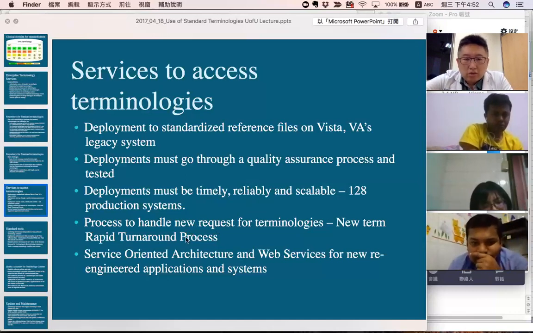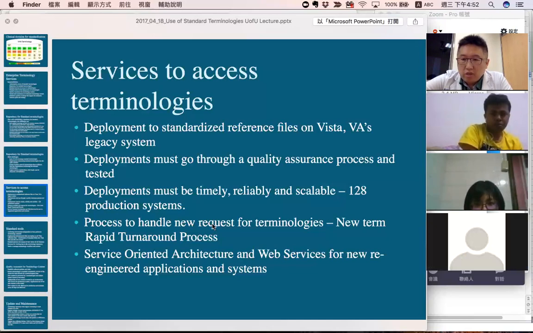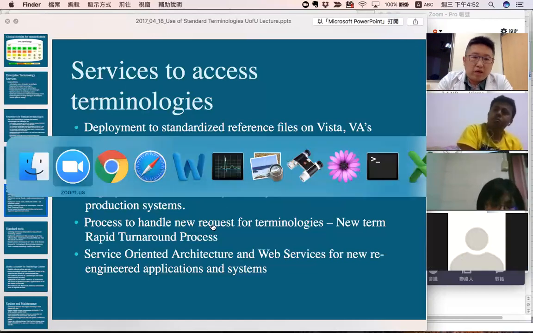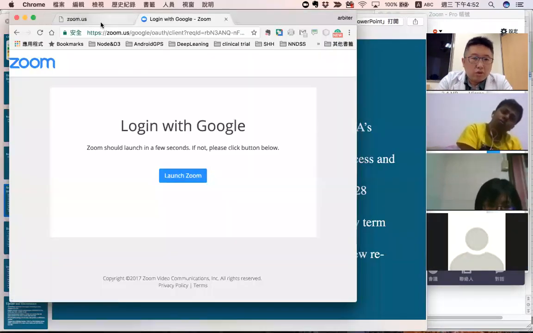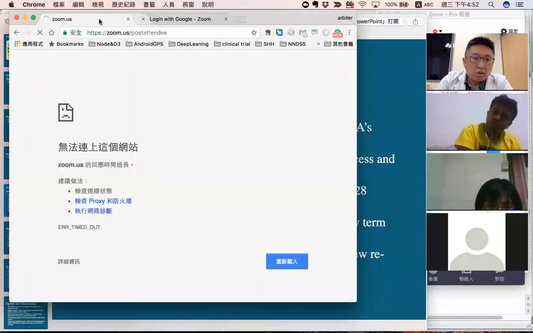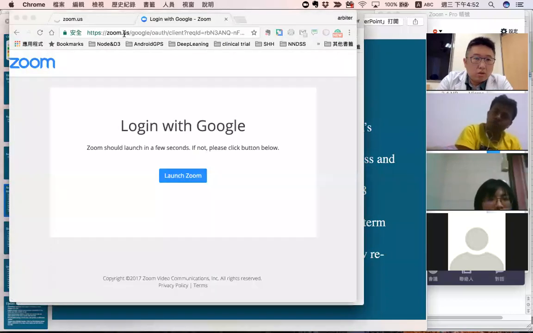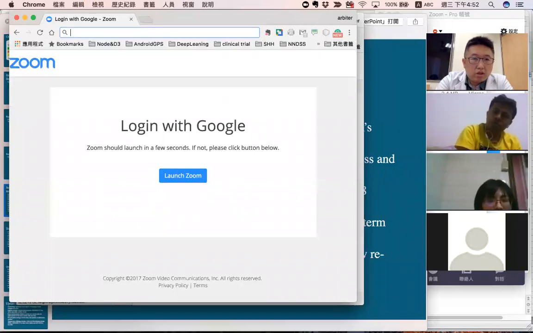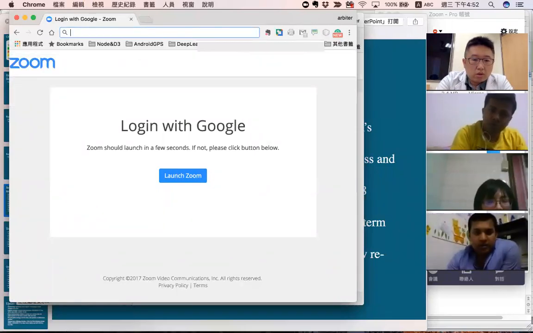Okay, so how to? I think it also mentions some important things, I think the rapid development. I think all of you, did you hear about FHIR? The FHIR system is a standard created by, let me show you. FHIR.